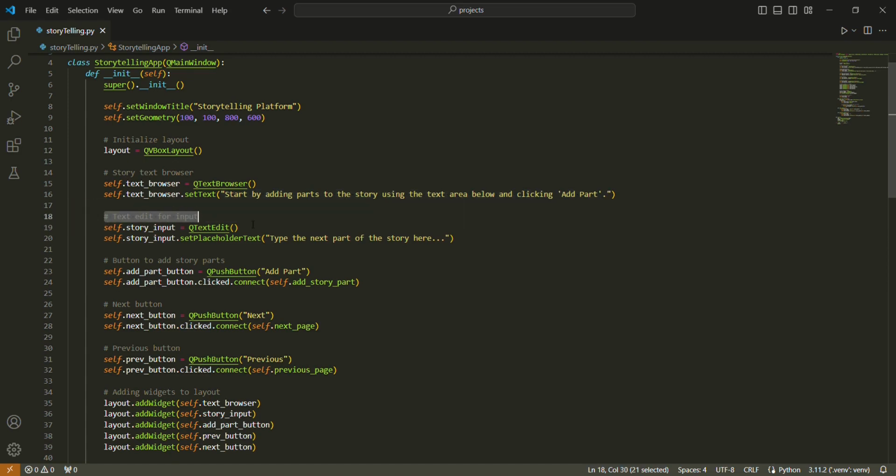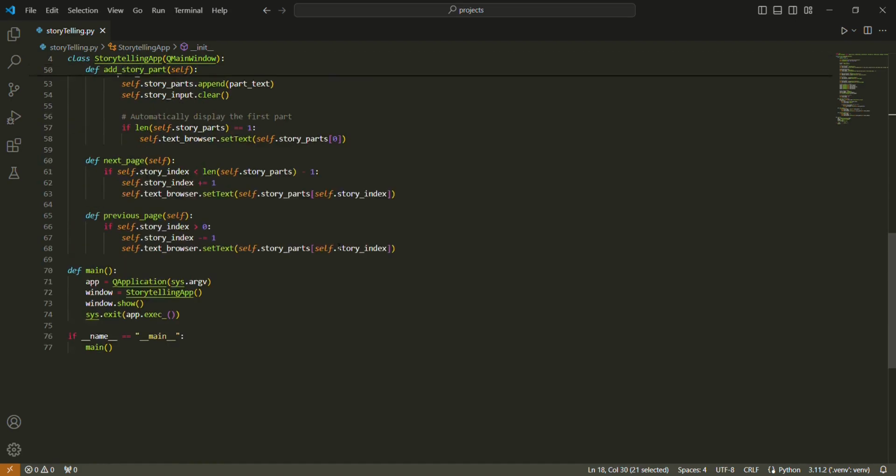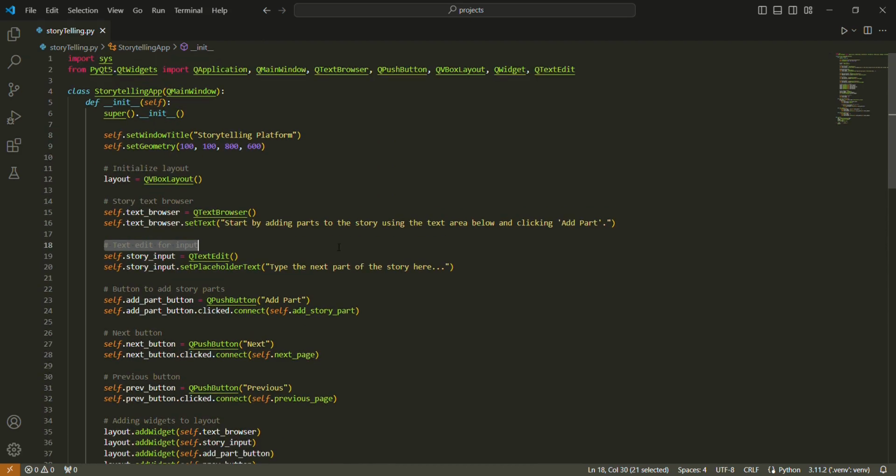Now we add a text box that will work as a text input box for the user to write a new part for the story. And again, we added this text here to guide the user through the application.